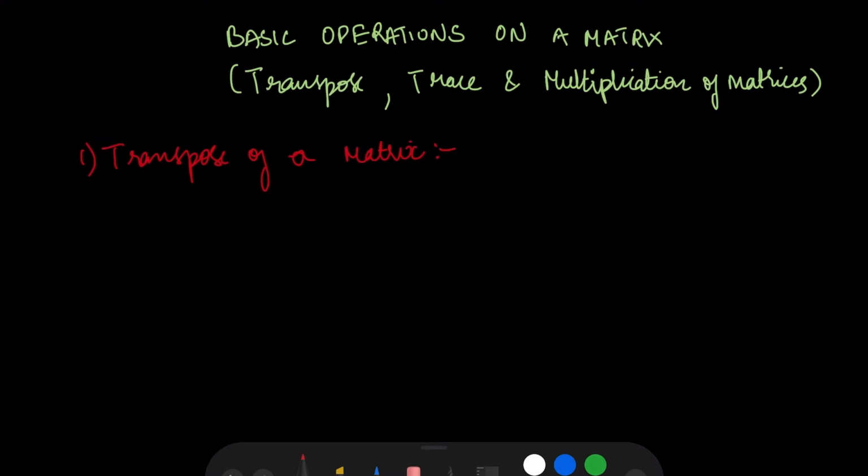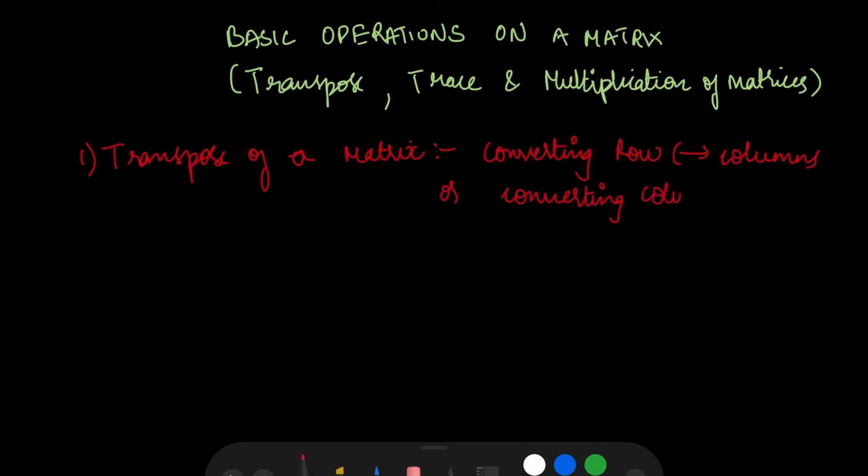It is nothing but converting the row elements into the column elements, or converting the column elements into the row elements, right? So converting rows to columns, or converting column elements to rows.